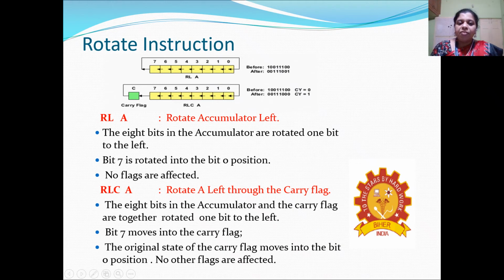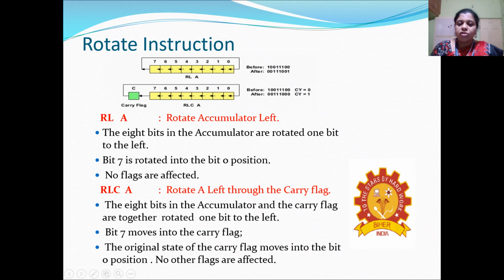With an example we can see, for example, initially we are taking the value as 1001 1100. So here what happens, first starting from the LSB you just move the position. So LSB will be vacant, right?